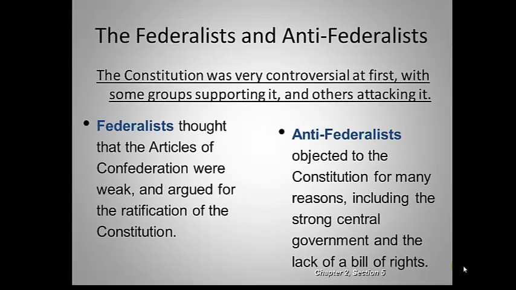So you have the Federalists and Anti-Federalists. The Federalists were those in favor, and the Anti-Federalists were opposed. And they both wrote articles that were submitted to the New York newspapers to convince New Yorkers to vote one way or another. And the Federalist Papers were important because all these articles were written by Alexander Hamilton, John Jay, and James Madison, and they really gave us an insight into what the Founding Fathers intended and how the government would work. Although they're not official documents, they do give us that insight.